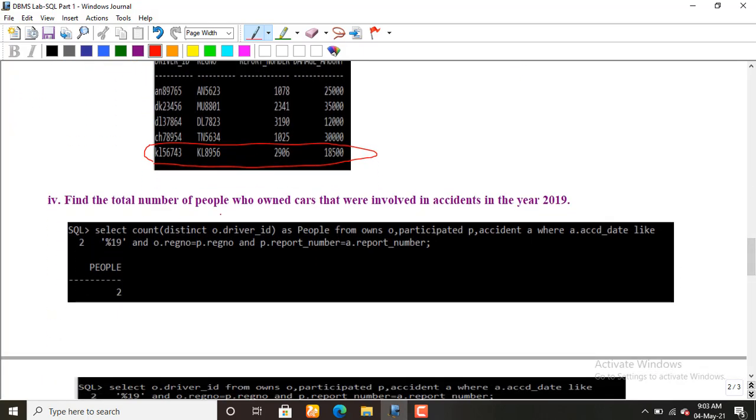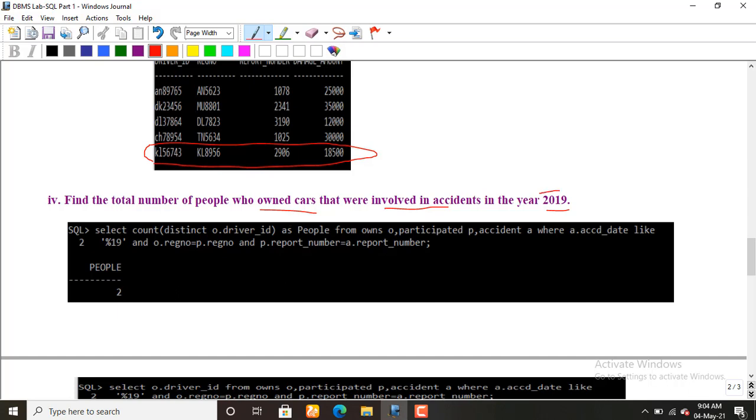Next, find the total number of people who own cars that were involved in accidents in the year 2019. The information about who owns cars is available in the owns table, and the information about involvement in accidents is available in the accident as well as the participated table. So there are three tables involved to retrieve the answer for this query.